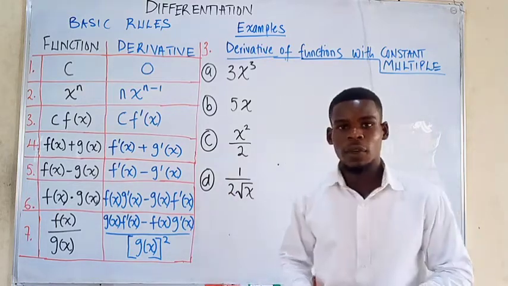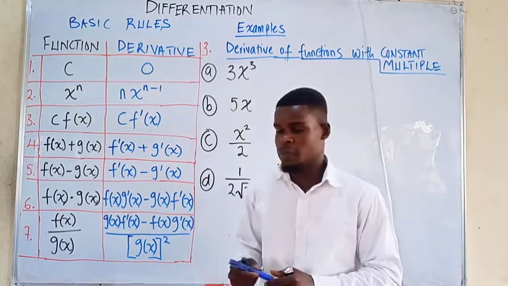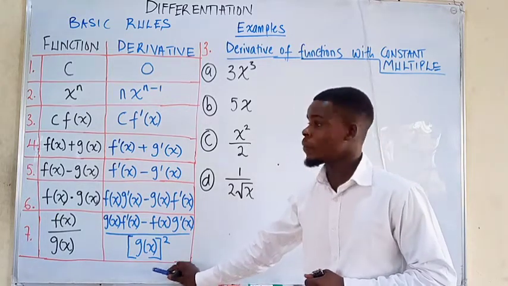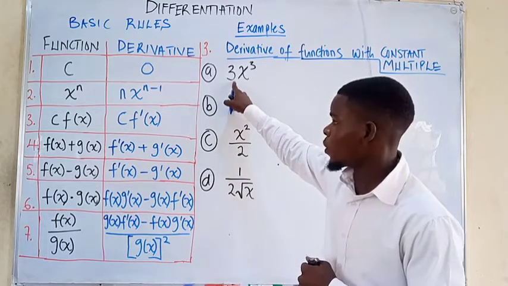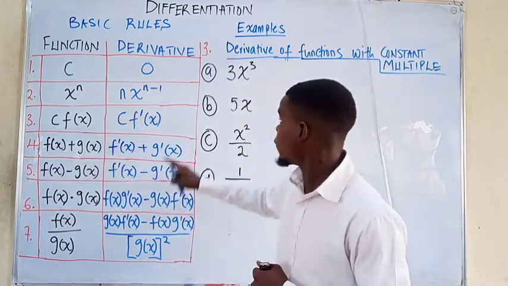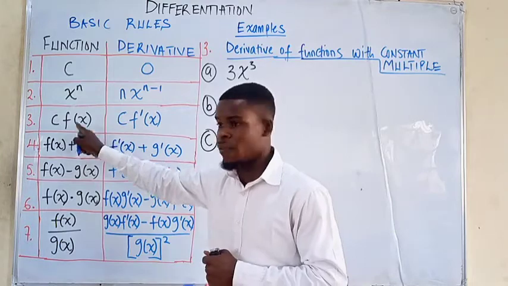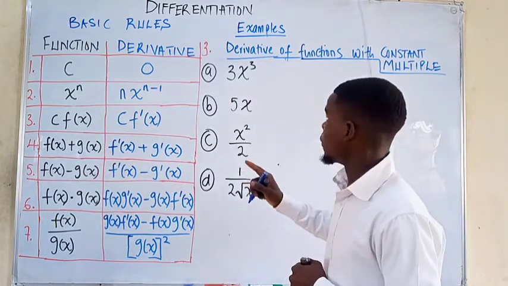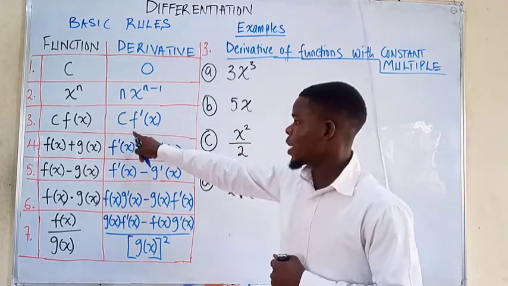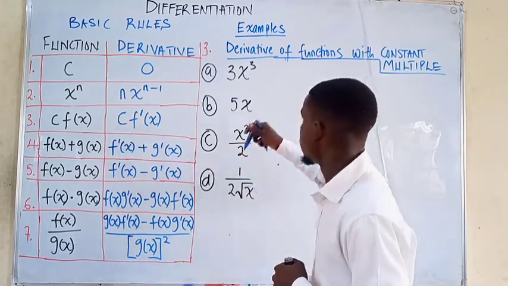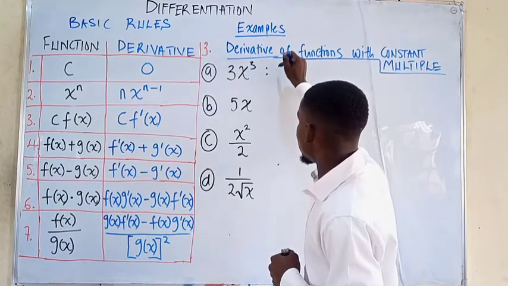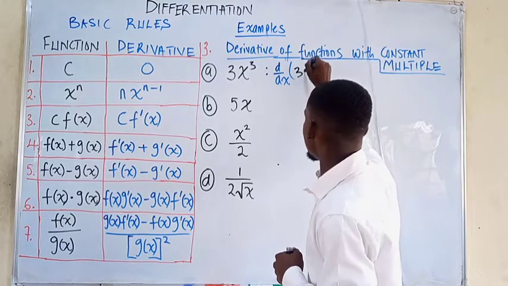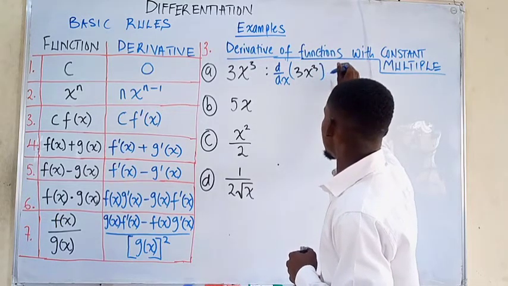We have the following examples which will best illustrate what we just talked about. The first one is 3 times x raised to the power 3. Here the constant is 3, just as the c, and the function is x raised to the power 3, just as the f of x. It's a function written in terms of x. When we want to differentiate that function, we'll just apply this rule. So you keep the 3 constant. The derivative with respect to x of that function, which is 3x to the third power, is going to be